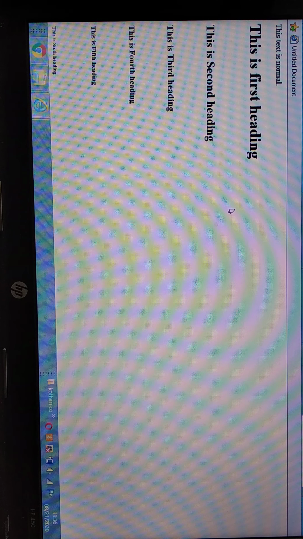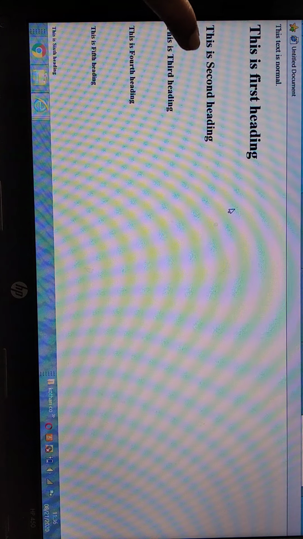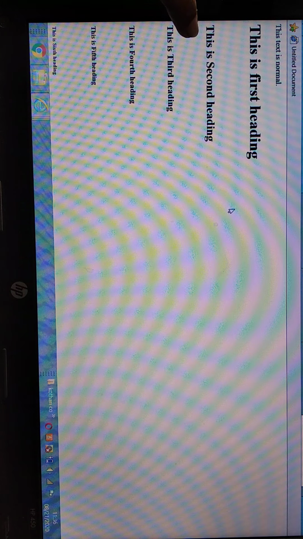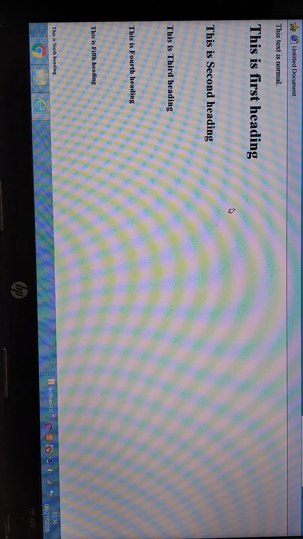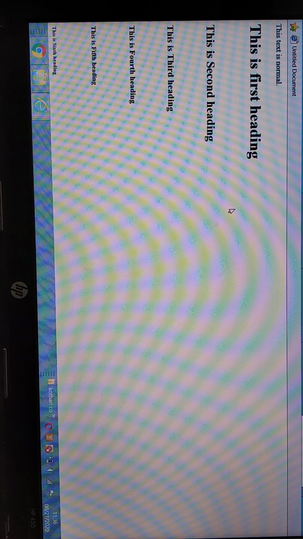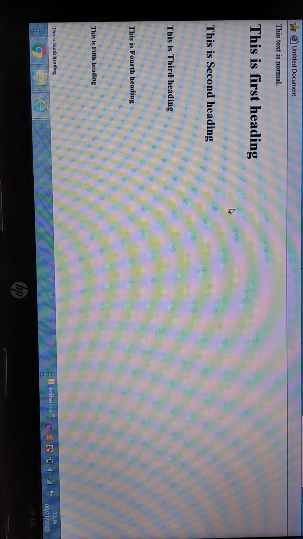Whenever I write the text inside the H2 type of heading, the sentence will look like that. The sentence can be anything. You can write your own sentence there also, but the output of that sentence will look like what you are watching on your screen right now.